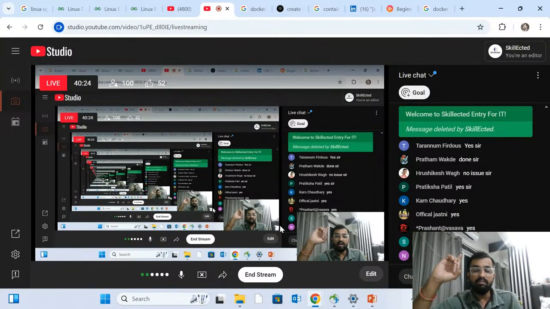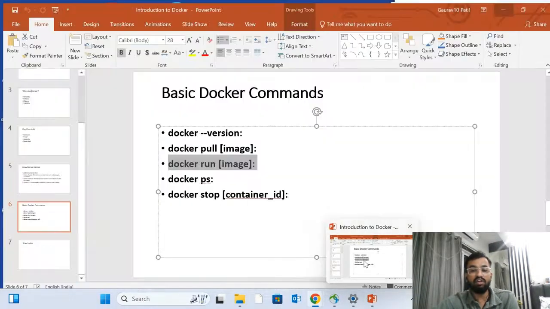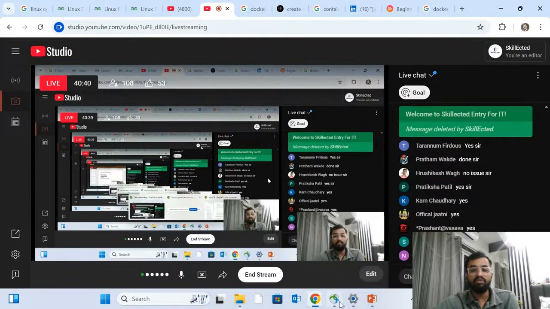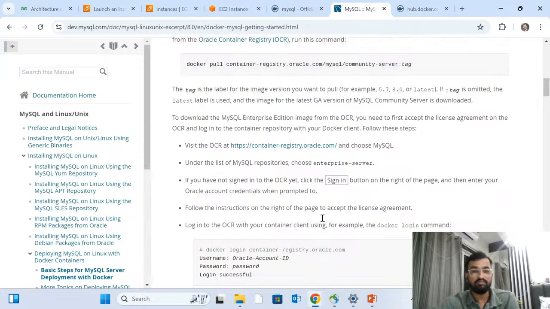Docker run command basically gives you, basically triggers the image. You need to specify the image name and it will run it as a container. Understood everyone? So that is called the command docker run. हम लोग अभी ऑफिशियल वेबसाइट पे जाते हैं और वहां पे चेक करते हैं हाउ टू रन इमेज।